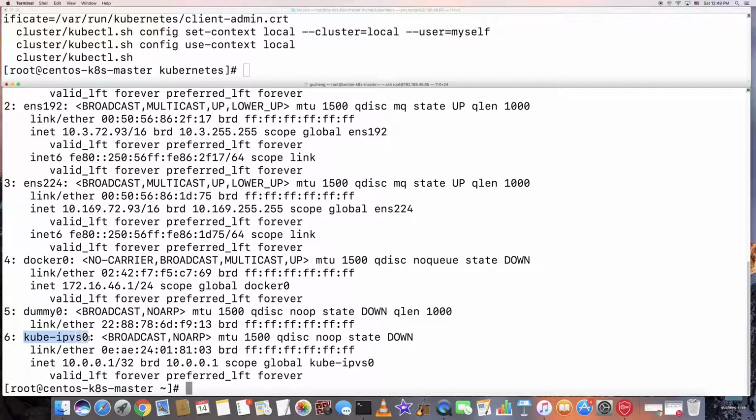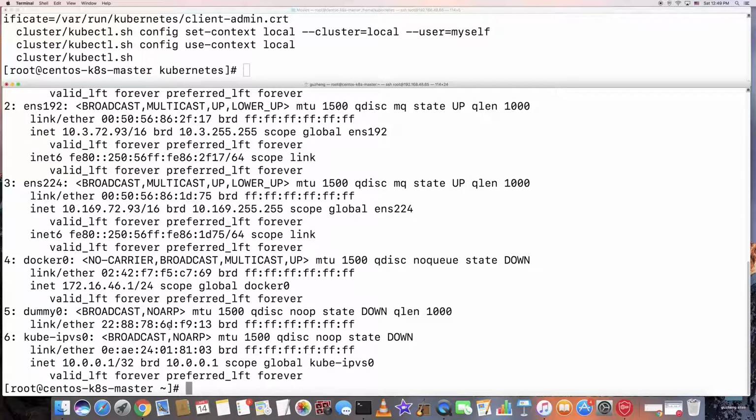So this is a dummy, a local interface for the cluster services. As you can see, it has an IP 10.0.0.1/32, and so if we run